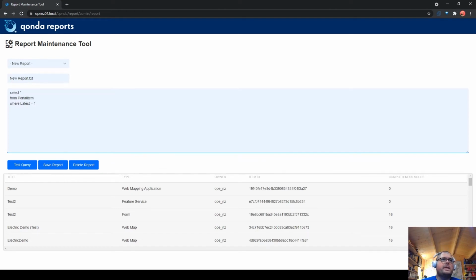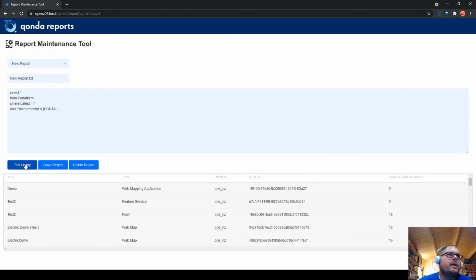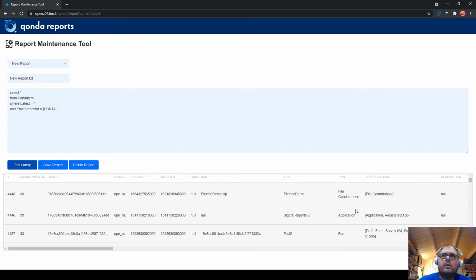We, in this case, are going to limit the list to a specific environment. So we say environment ID equals, and then we put in that placeholder for the portal. Square brackets, not curly brackets, and then we can run this and it will give us a list of